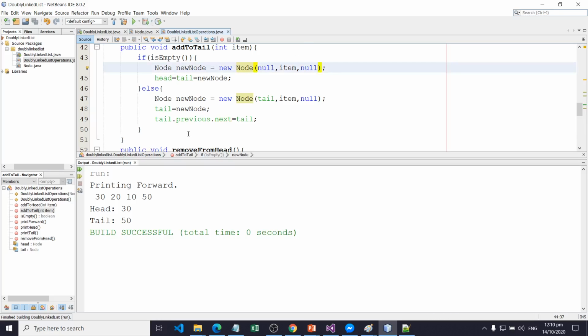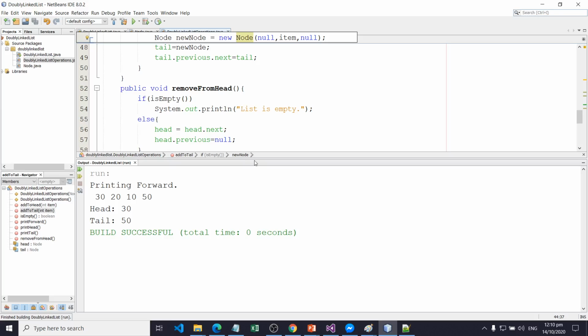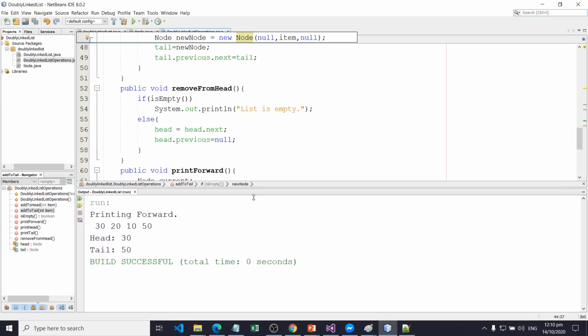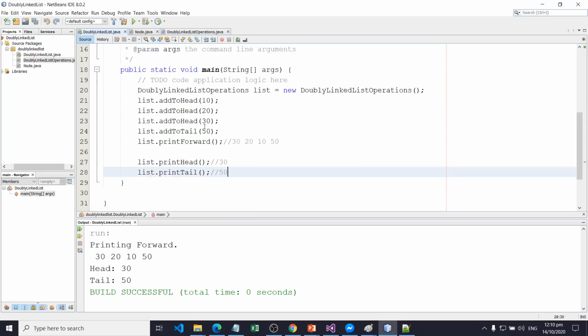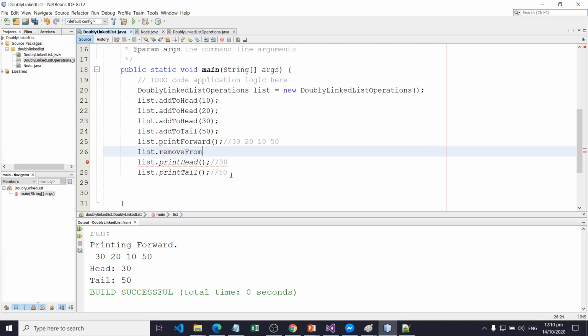By the way, we have to try calling this method remove from head in our app. After this one, we have list dot remove from head.